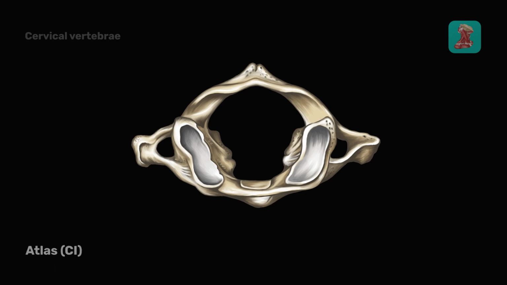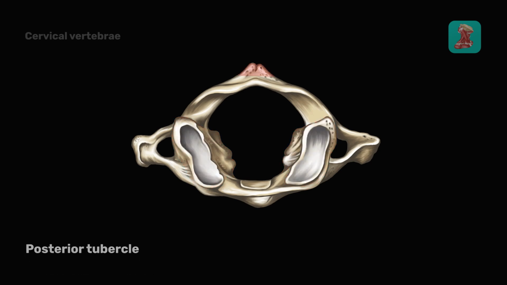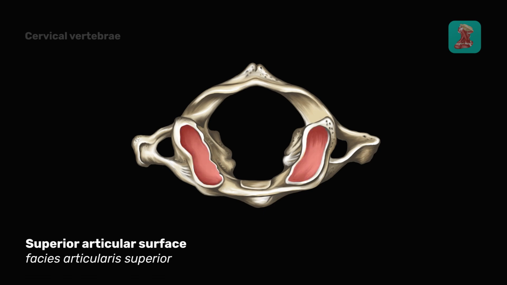It turns into 2 lateral masses. Atlas has no spinous process. It is reduced and represented by the posterior tubercle. The articular processes, both superior and inferior, are also reduced, but the articular surfaces for articulation with the overlying and